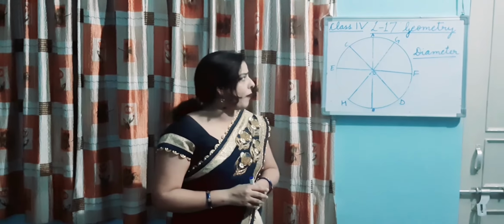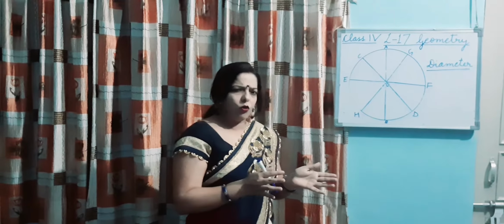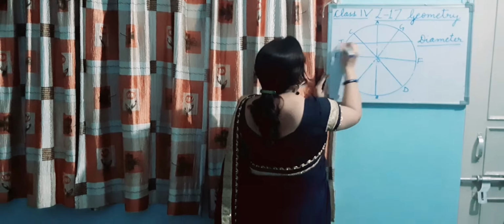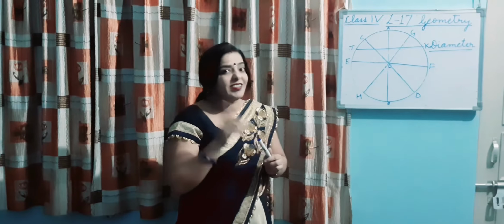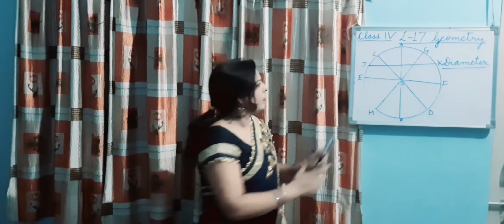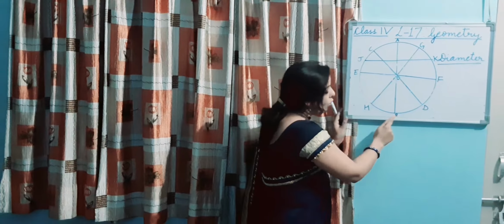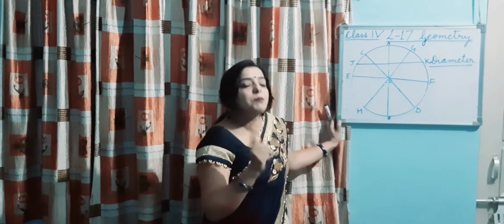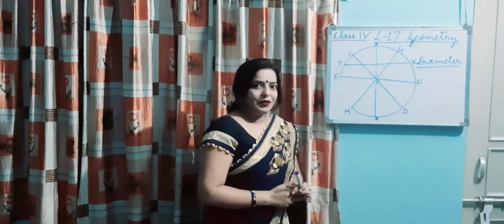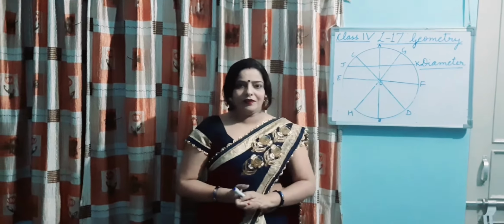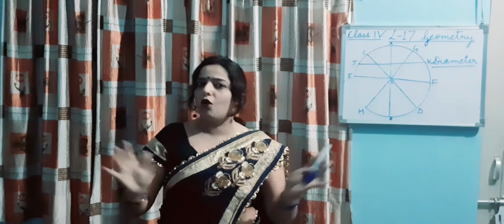All the chords don't pass through the center. Some chords are ordinary chords. They are only joining 2 points. Like just now I am drawing a chord. Now this chord is joining the points J, K. But it is not passing through the center. So JK is a chord, but JK is not a diameter. Now you see AB. AB is a chord also, and AB is which chord? AB is a special chord. And what speciality is it having? That it is passing through the center. So what is it known as? It is known as diameter. Remember, a diameter is also a chord, and the diameter is the longest of all chords.